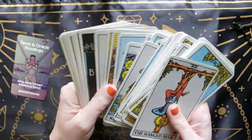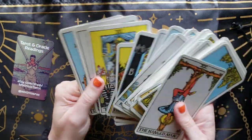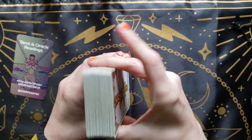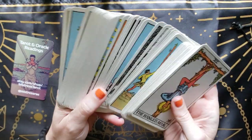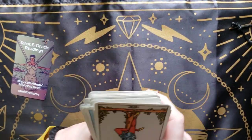And it's my oldest because I think it's from the 80s. It might be from the 90s, which if it is, then I actually have another deck that's older, but you're going to see it later. Anyway,